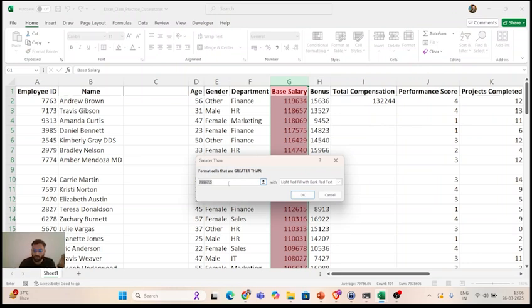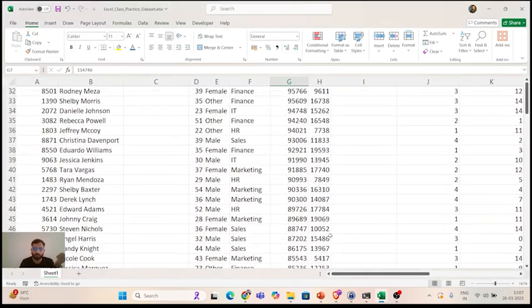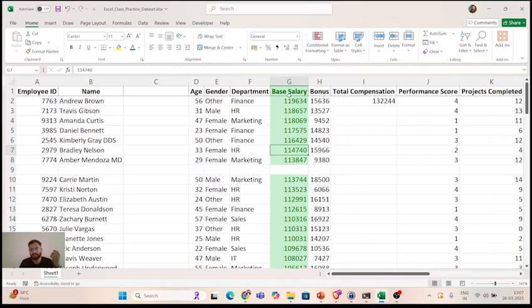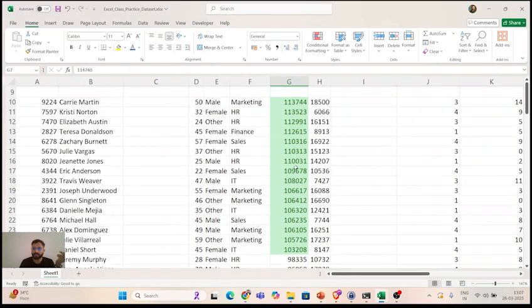But for example, if I want to highlight, let's say 1 lakh, correct? And which color do you want to highlight it with? Light red color, yellow fill, green fill, whatever. If you want to custom it, you can also customize it. But to save time, let's say I want to highlight it in green color. Okay, and you can see all of those values which are greater than 1 lakh are highlighted in green color. You can see that very clearly. Correct? So that is how we highlight.